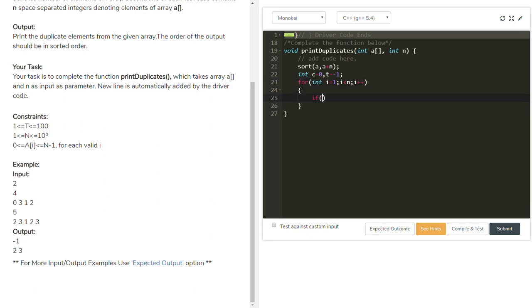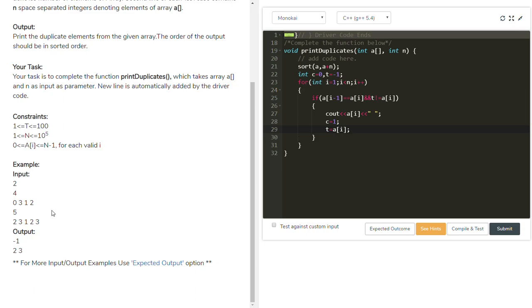Then if a of i minus 1 is equal to a of i and t is not equal to a of i, then the output is a of i, the c value becomes 1 and the t value becomes a of i.